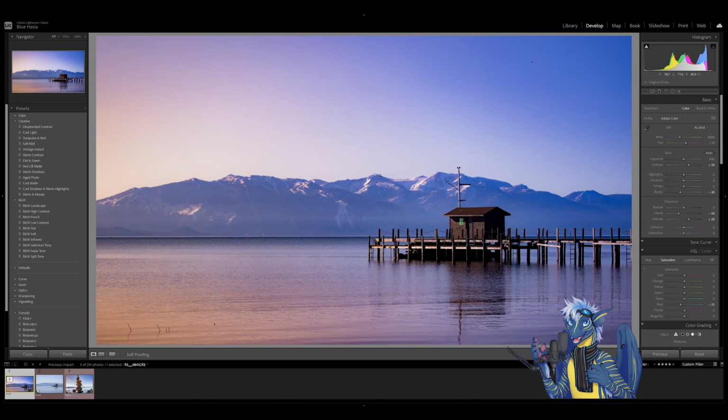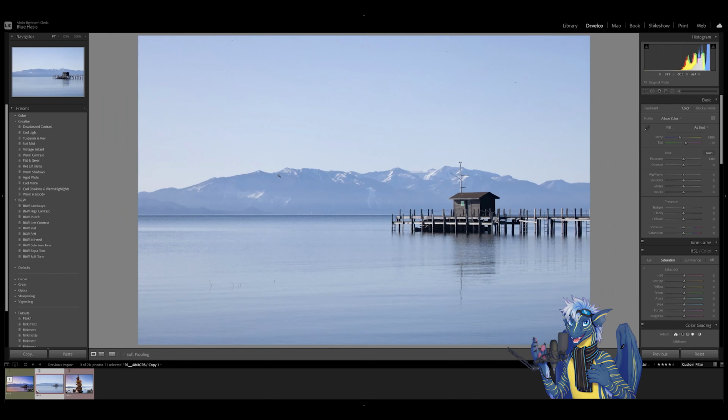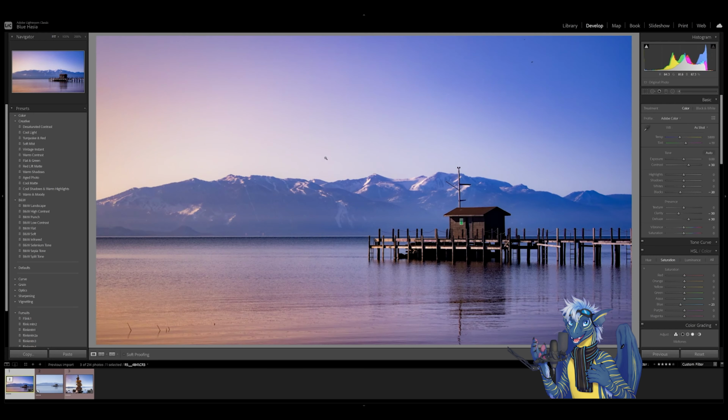I've been wanting to do this for a while, and then I had a few requests on Twitter to ask about how I came up with this photo. I shared the original, which is right here, and my post edits, and I had a few requests to see how this was done, and so I'm going to get this started. Now this photo was also taken with the RF 100 to 500 zoom lens,